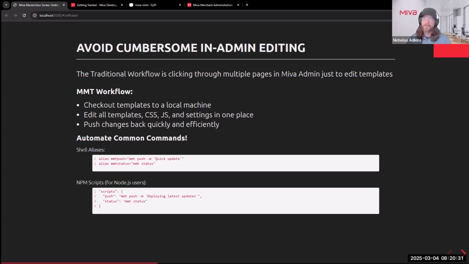So if you've ever had to click through multiple pages in the Miva admin just to modify templates or scripts, you know how inefficient it can be. So with MMT, you check out your templates to your local machine, edit them in one place, and push the changes back up, all through a very simple set of commands. You can even boost